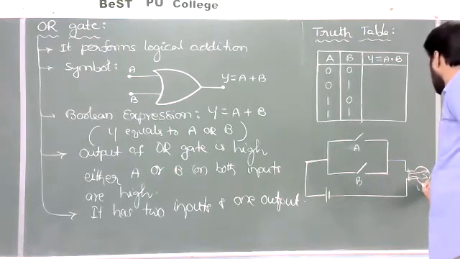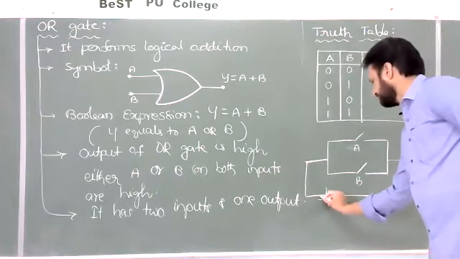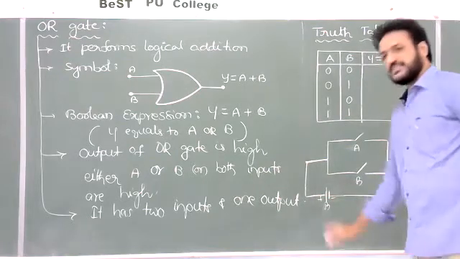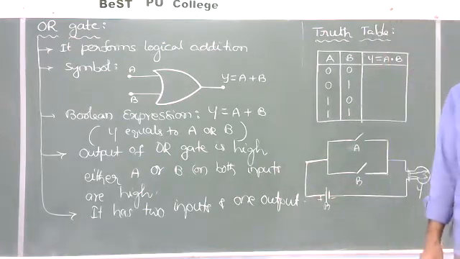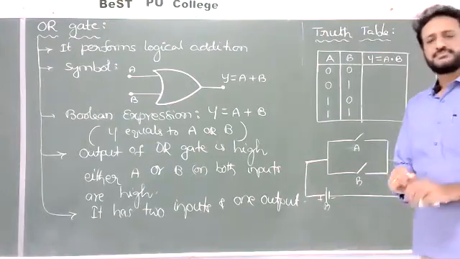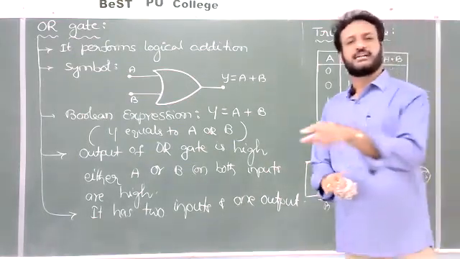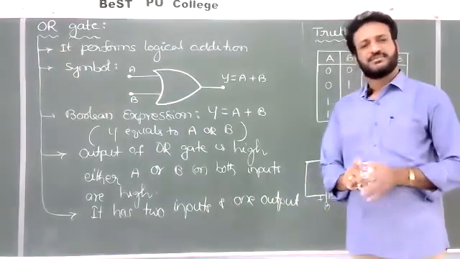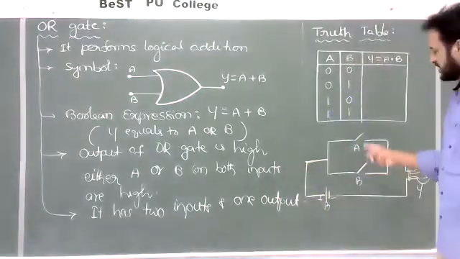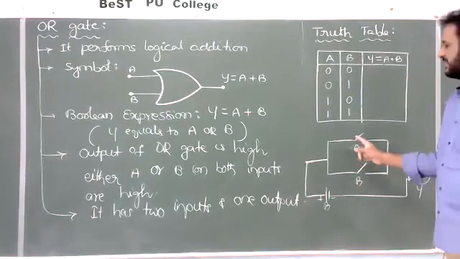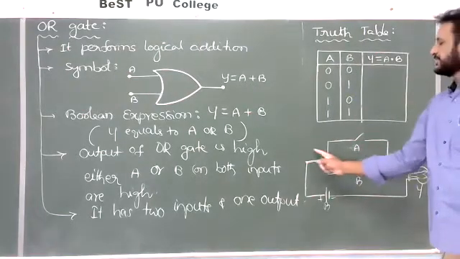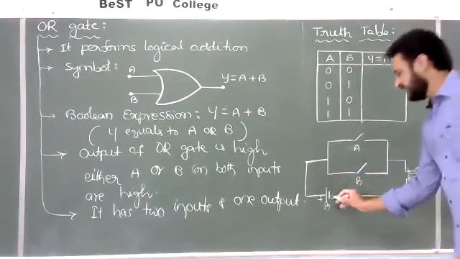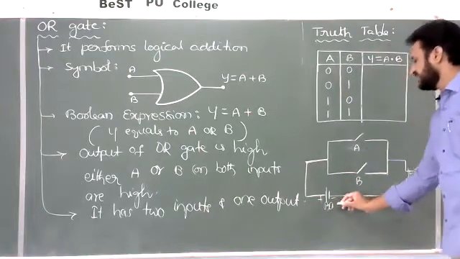It is the output Y, should write. In the previous case, the diagram showed both switches connected end to end, a series combination. But now it is called a parallel combination. Both the switches are connected in parallel, A and B, and both are connected to a battery or cell and one electric